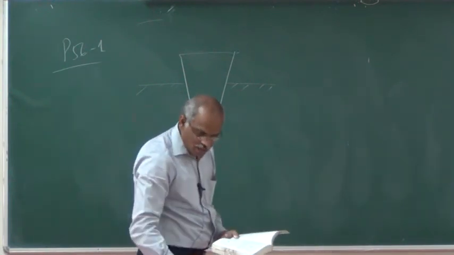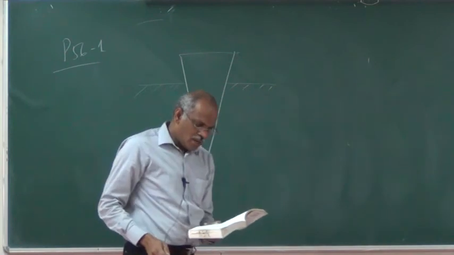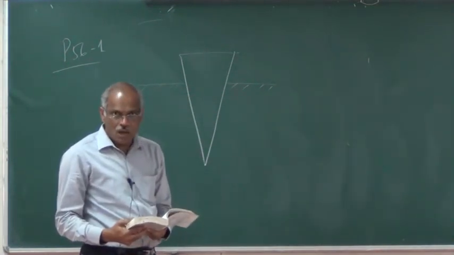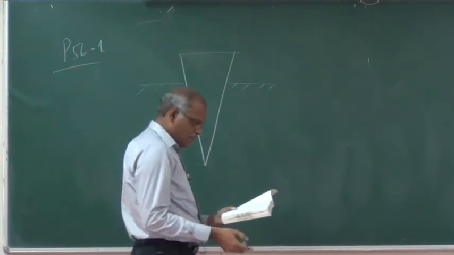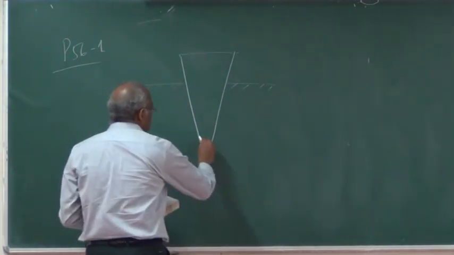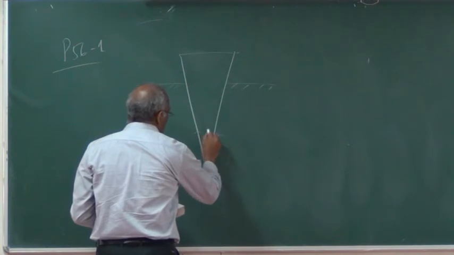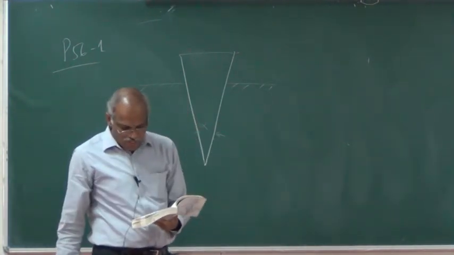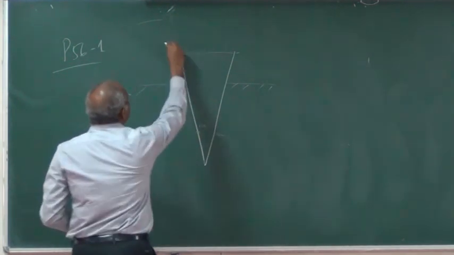I read the problem: what must be the angle alpha between the plane faces of a steel wedge